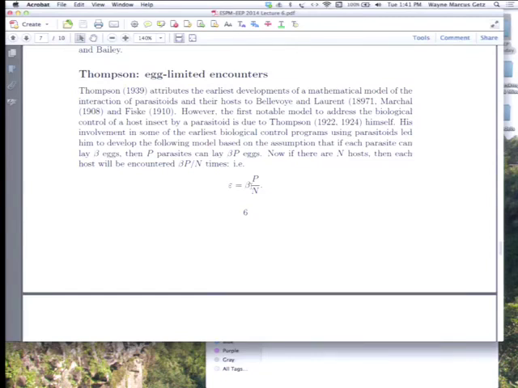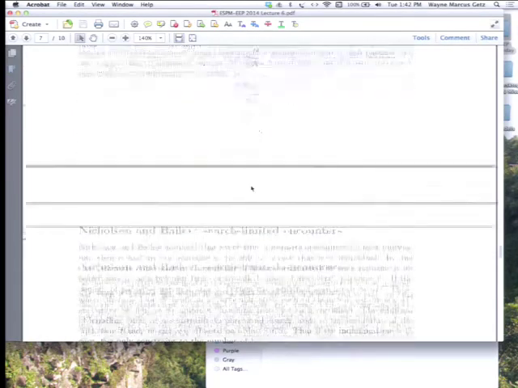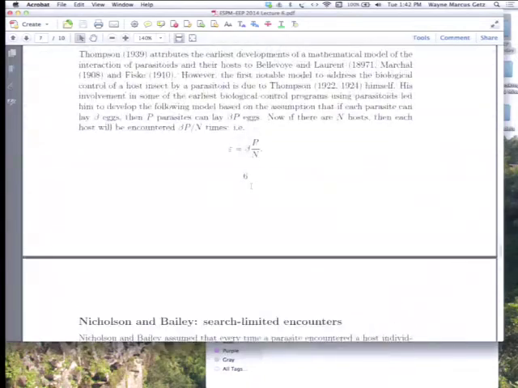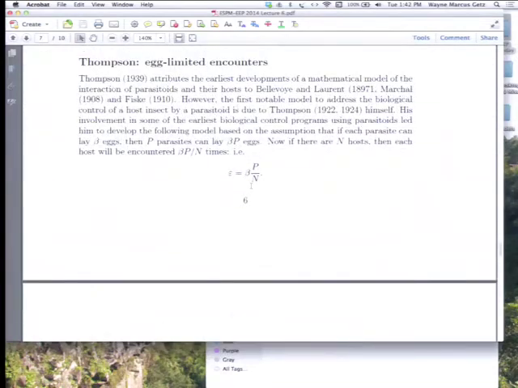So it's like we've got a bunch of eggs out there, and this would be the number of balls, and this would be the number of boxes. And so this would be our parameter, and this is called the mean encounter rate. But if we have a Poisson distribution, this would be the mean in the Poisson distribution. This is the mean number of balls per box, so to speak, so the mean number of eggs per host that are available. And in the Poisson model, we know that the proportion of individuals that are not attacked is just given by, therefore, in the Poisson model,